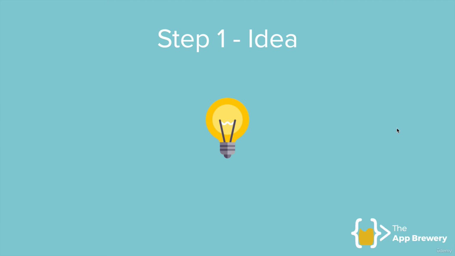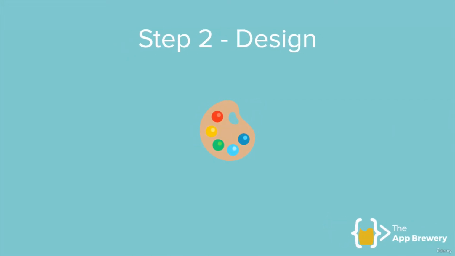Or put up a landing page describing your idea and promote it on social media and see if people actually want it. Essentially what you're trying to establish is, once this app gets made, will people actually want to download it and use it? Now, once you figure that out, then you're ready to move on to step 2, which is designing the app.